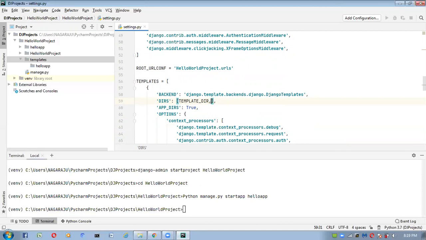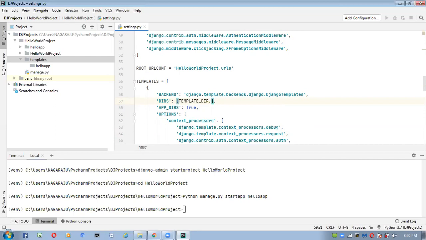If you give your project to another person, maybe the templates folder is located in some other location on that person's system. On our system the templates folder is located in the C drive, but on that person's system it may be in the D drive or E drive or F drive, and in that case that person will get errors.